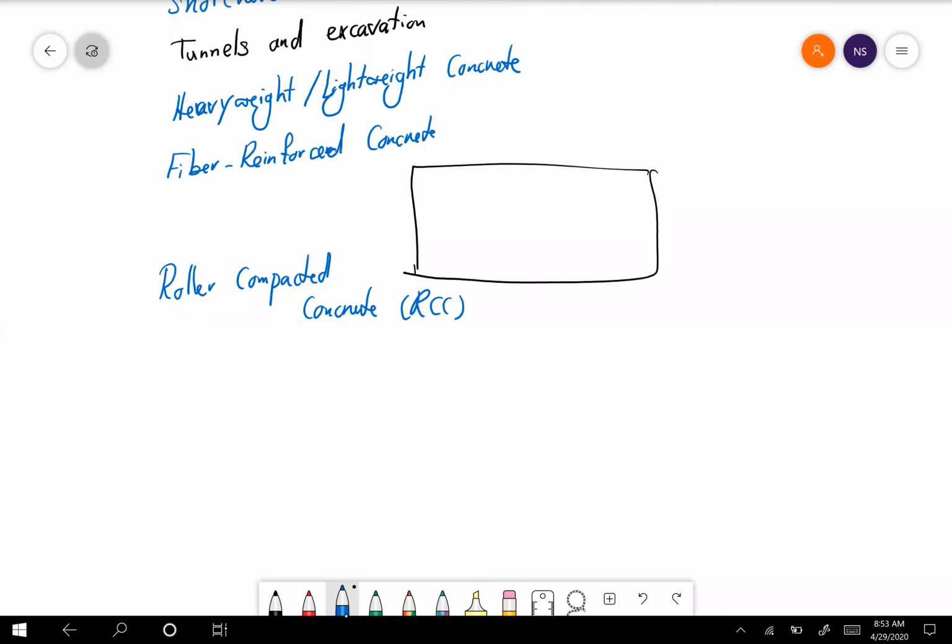And the very last one is called pervious concrete, that we already talked about, which has the permeability to infiltrate surface water. Okay,